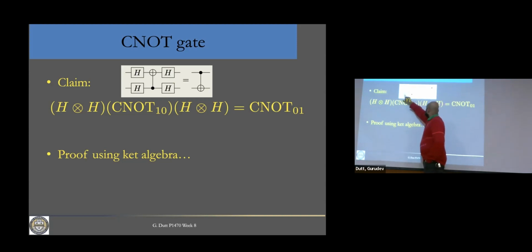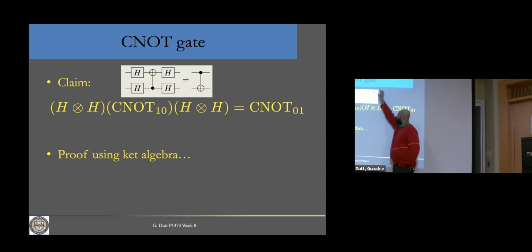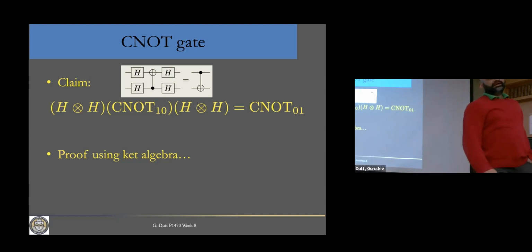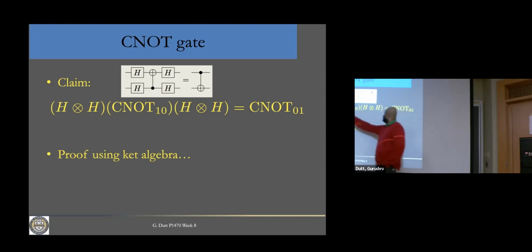So that gate, if I sandwich it between a pair of Hadamard gates on the left and right qubits, then I claim that this is equivalent to having just a gate with the control on the right qubit and the target as the left qubit. Okay, that's the claim. And in ket algebra notation that says, remember, we always want to read the circuit